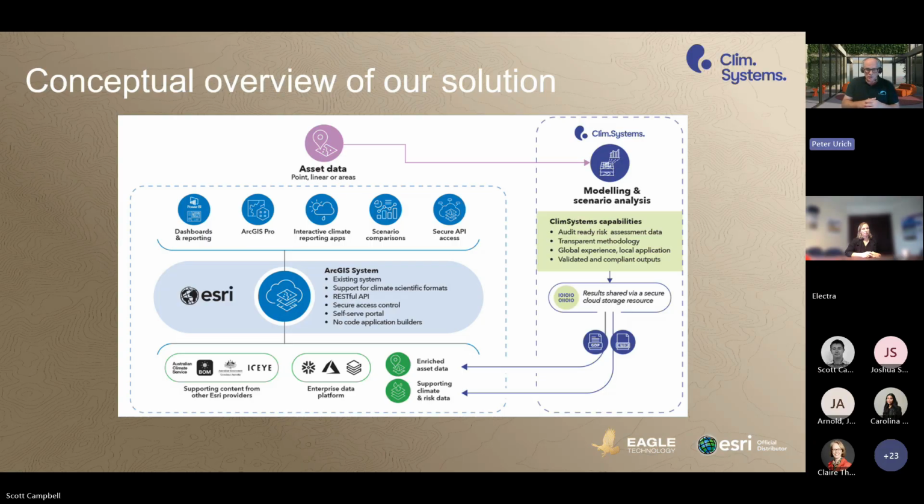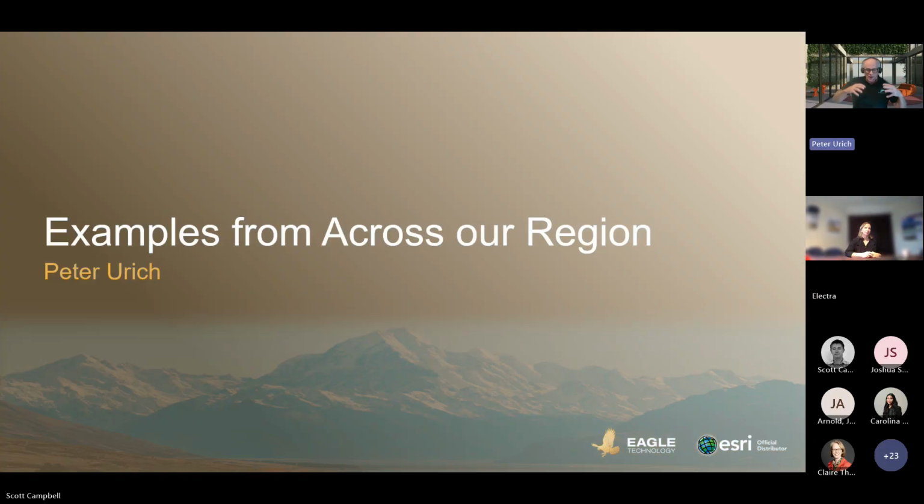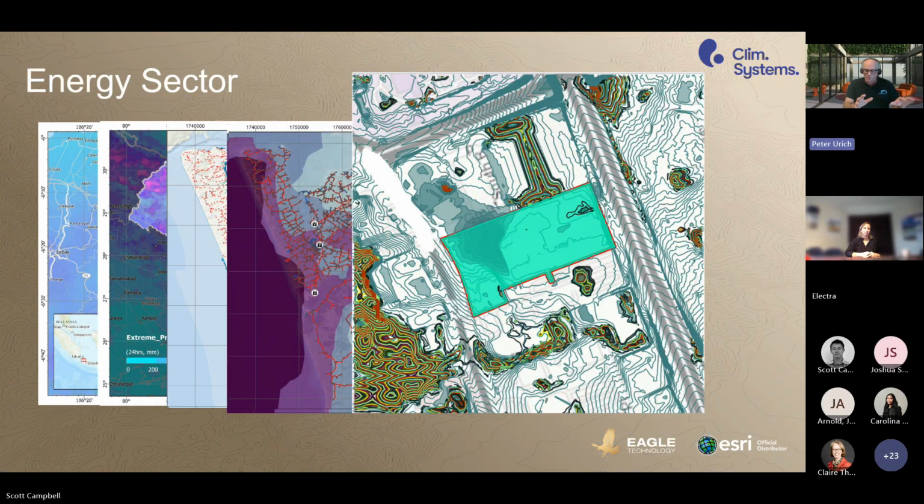Next slide. I'm going to show you some examples of how we have pulled our data. We're Esri users, of course, here as well, quite powerful users of the Esri technology. I'm going to flick through some, it's going to go pretty quick here. I'm going to show you a whole bunch of examples of outputs and through a few sectors to give you an idea of the range of things you can do with our data in different geographies, different problem solving and